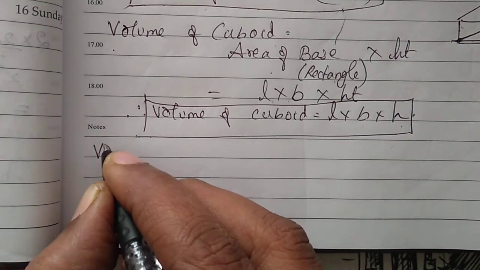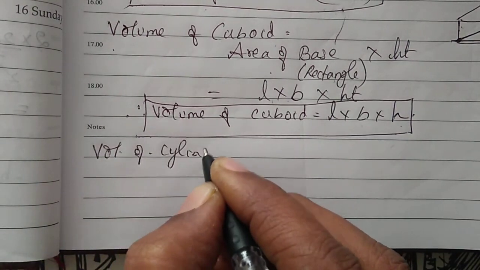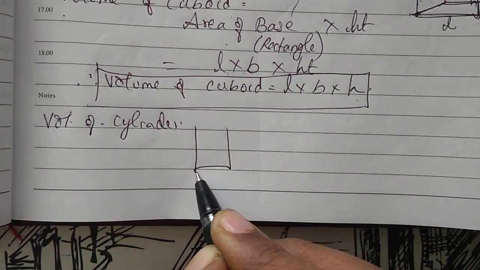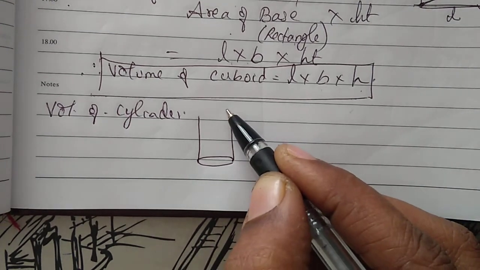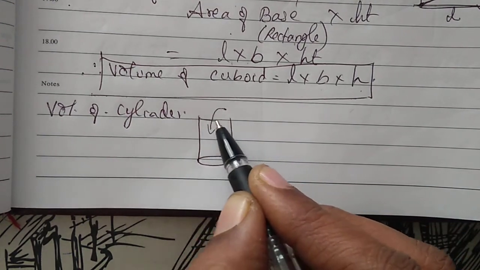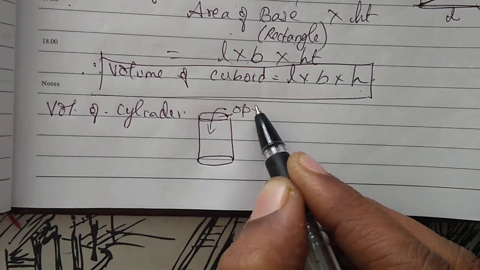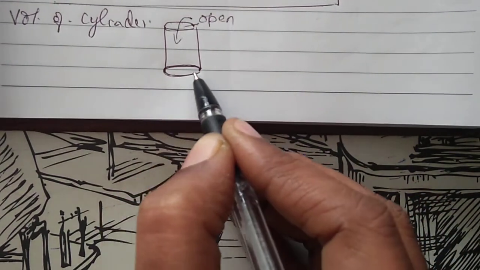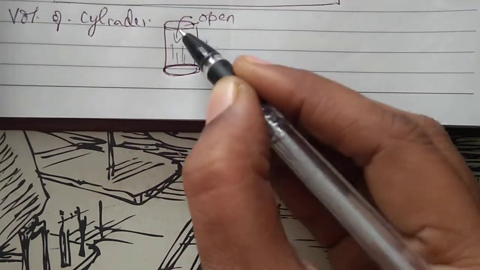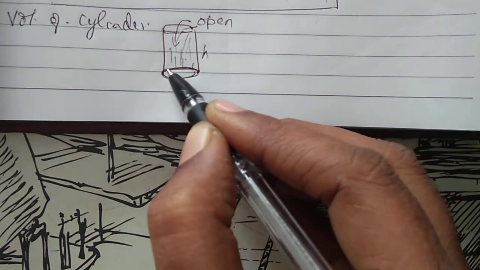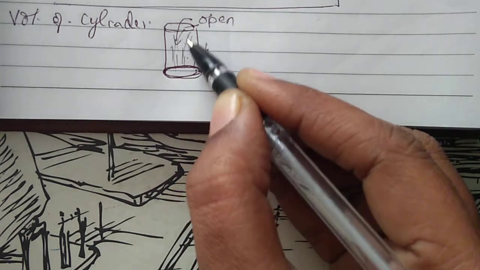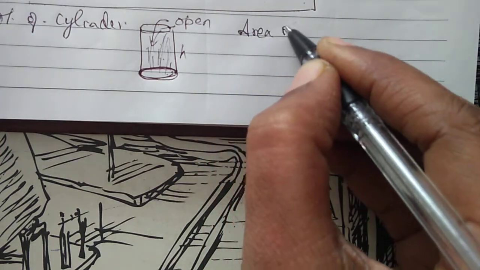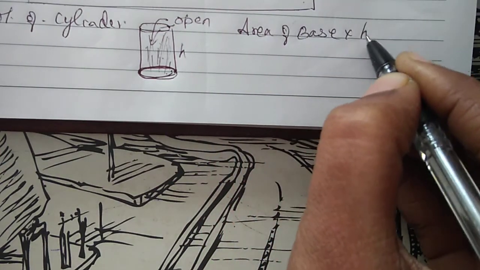Now next we learn volume of cylinder. Cylinder, how does it look for you? It is like with a base, a circle base, and anything if we want to put, we'll pour like this. So this top is open, is it not? This is open. So to find the volume of a cylinder, it occupies the base of the circle with the height, isn't it? Anything if you drop it inside, it falls inside the cylinder and it occupies the space of the height. So we say volume of cylinder is area of base into height.